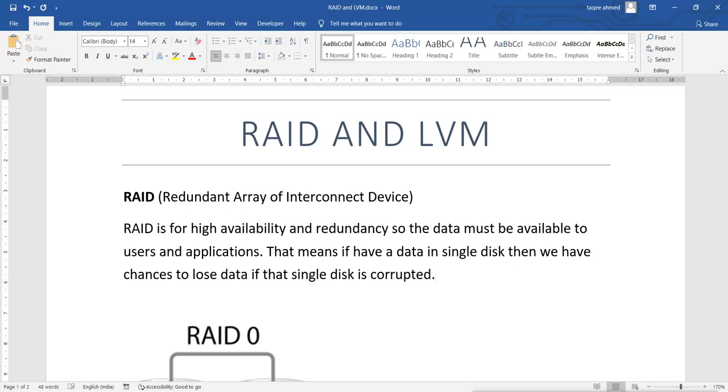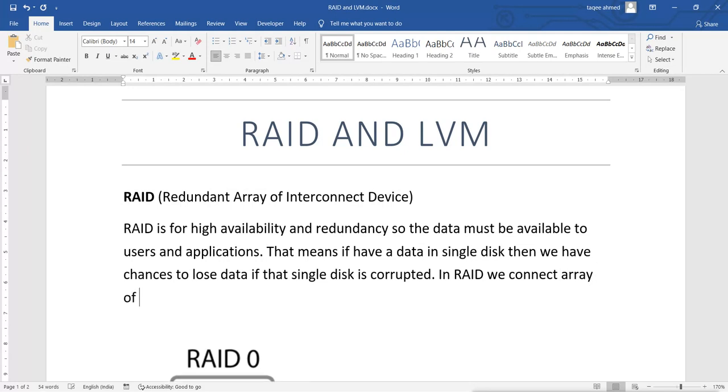So what do we do here in RAID? In RAID, we connect an array of multiple disks together.